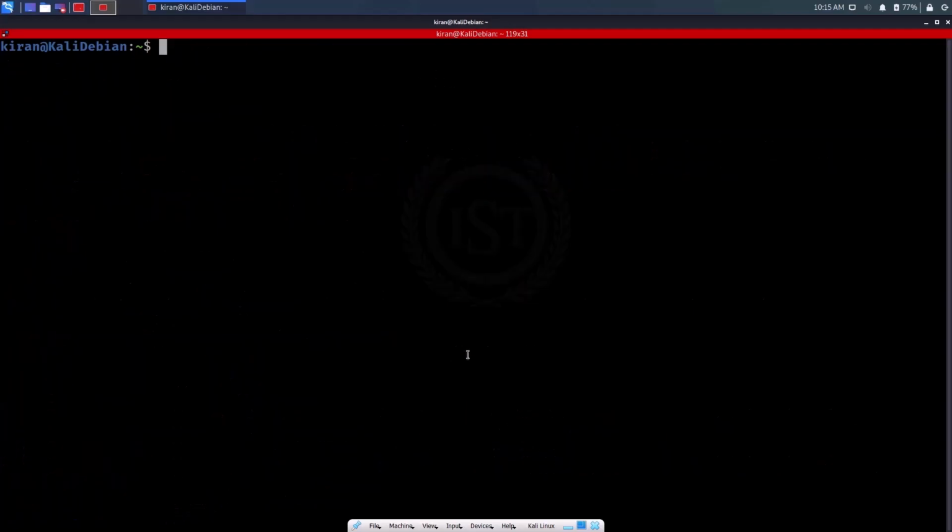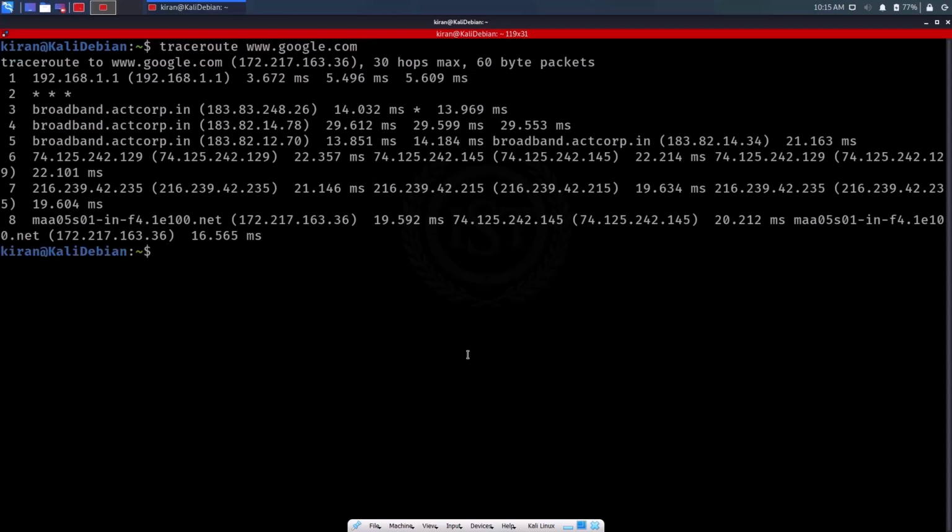Now let me type the command again. Traceroute google.com. See. Now this is the path from my machine to the google.com machine. So technically data packets from my machine to google.com have taken a path through all these network routes or network interfaces. These interfaces could be router interfaces or, at the end, could be ISPs. So as you can see over here,